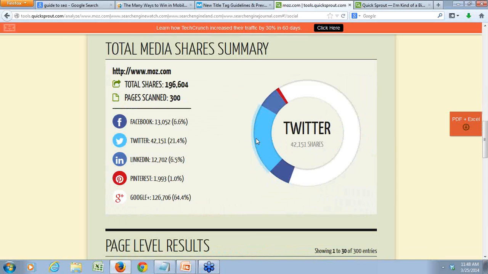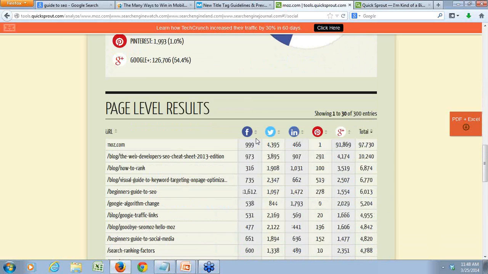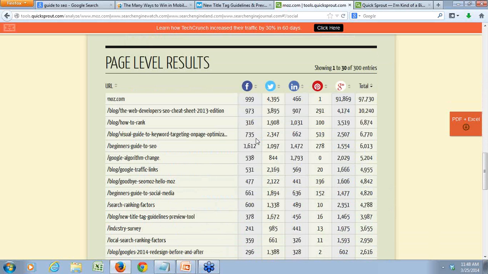What is your media shares summary? What is the percentage of users that you have? And then it also gives you an indication of page level stats. So for example, in Moz, it'll show you what